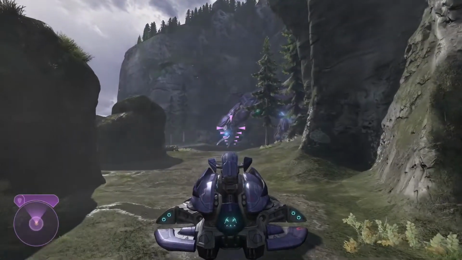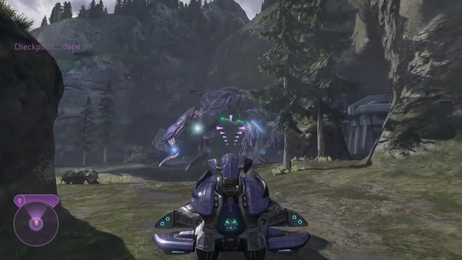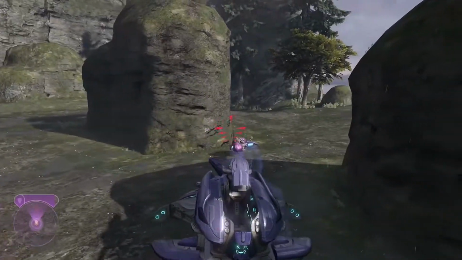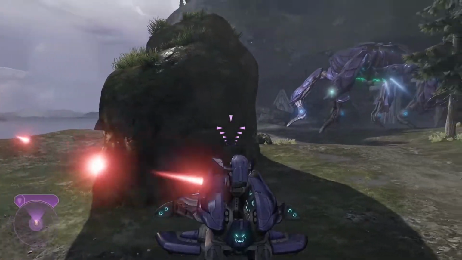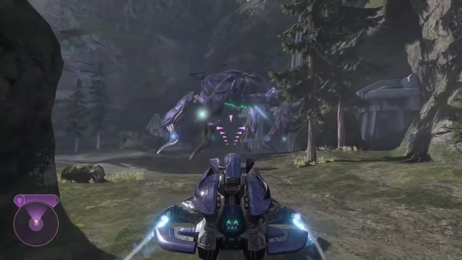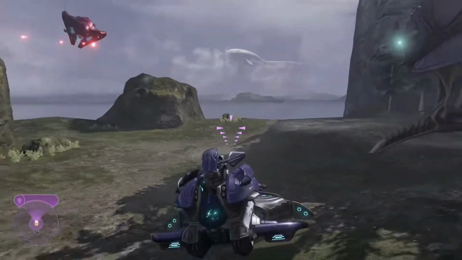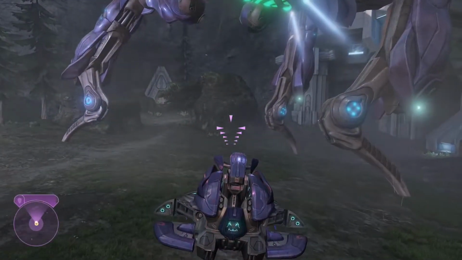Alright, there's the Scarab. They've changed its colour palette to make it more in line with the Halo 3 one. More purpley. I'm pretty sure it was just pure silver in the original release. Right. We don't have to deal with... And you can't even deal with the Phantom, really. You can destroy its 3 guns, but...